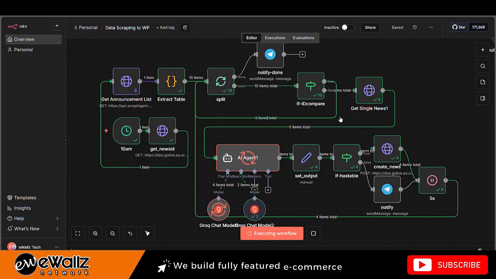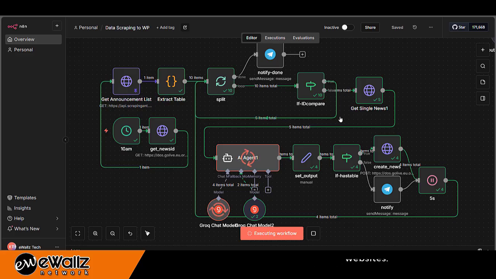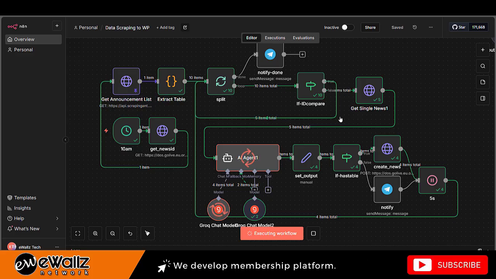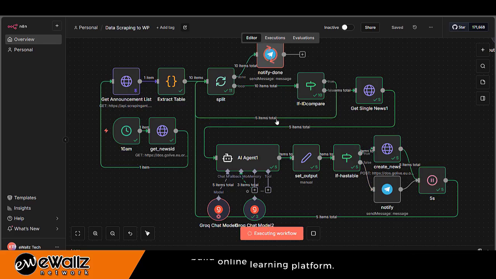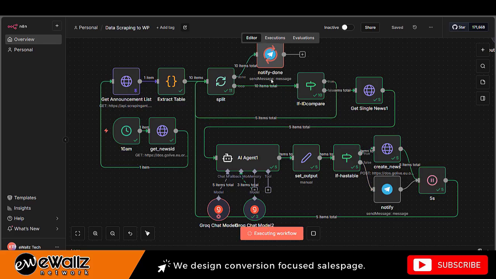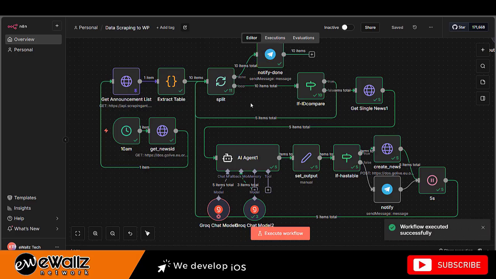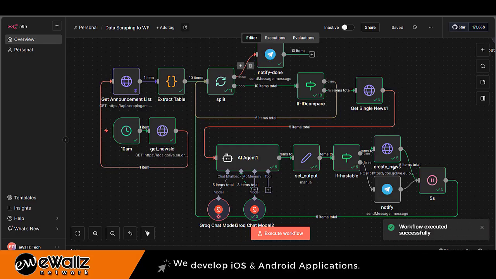You can build a custom plugin to display the data and update the data automatically on a daily or hourly basis using the same automation like this. So we see here, okay, notifying done. All the process is done. Telegram will send a message to me to notify that all the workflow is done.